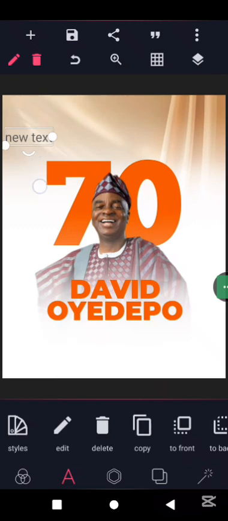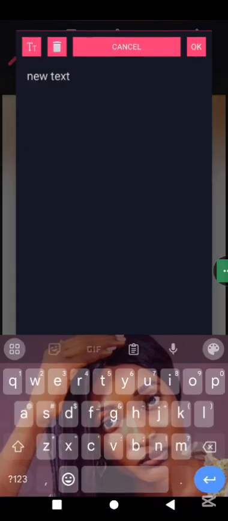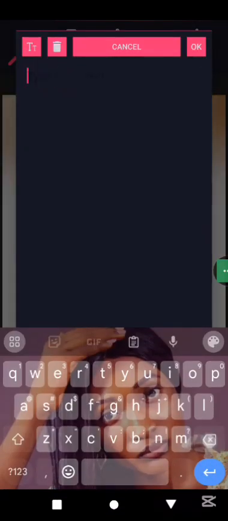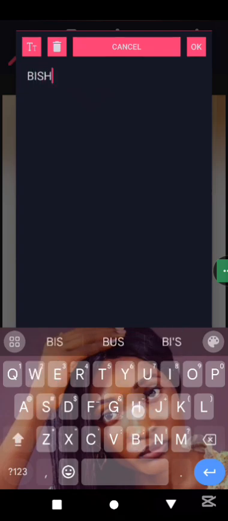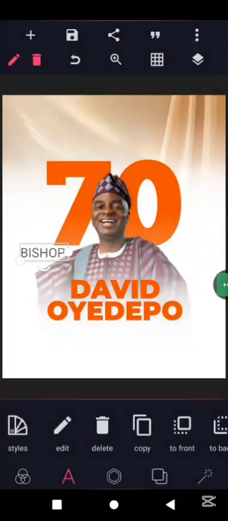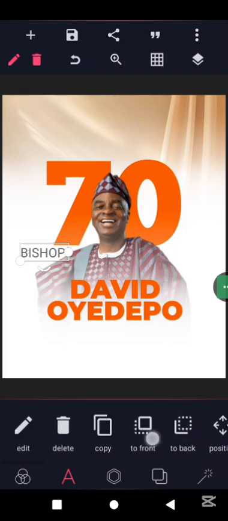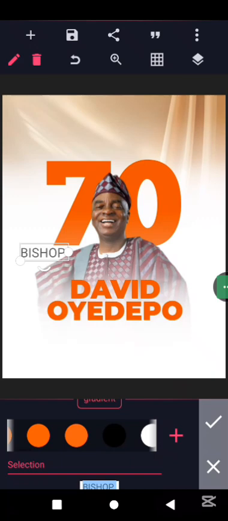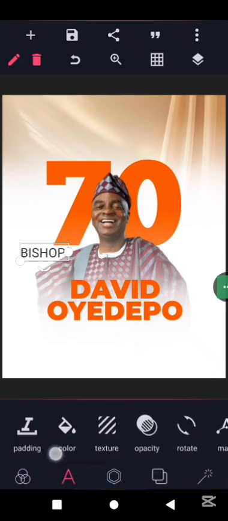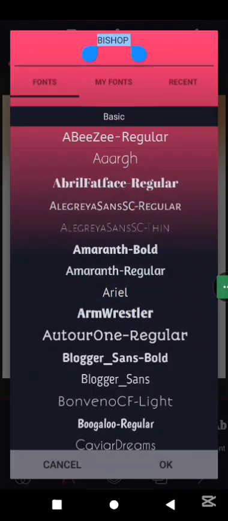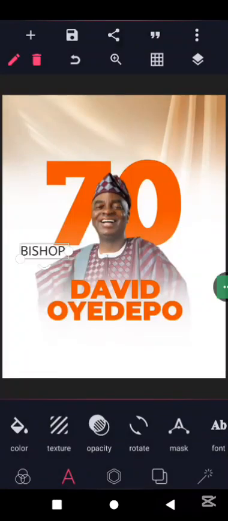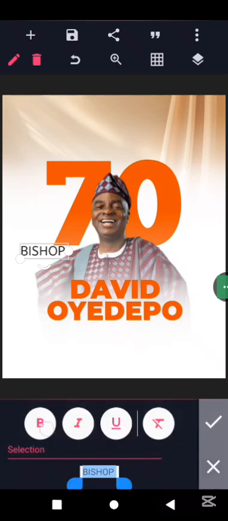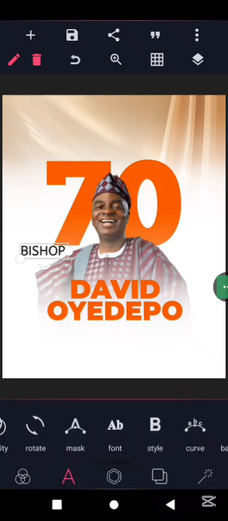Then click on text, and on this text we want to write Bishop. For this we'll be using the color black, and we'll change the font to this first font here. Okay, click on the B and we'll bolden it. Alright, so we'll curve it down,